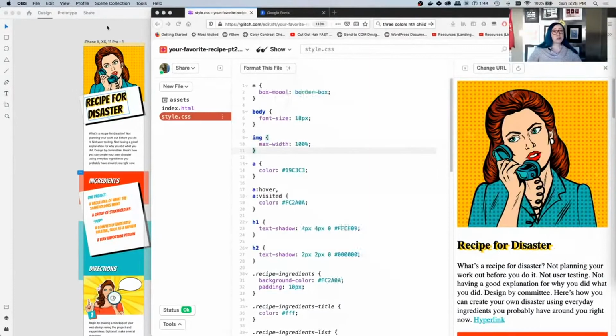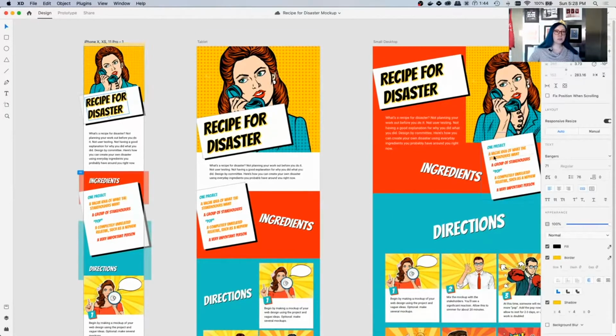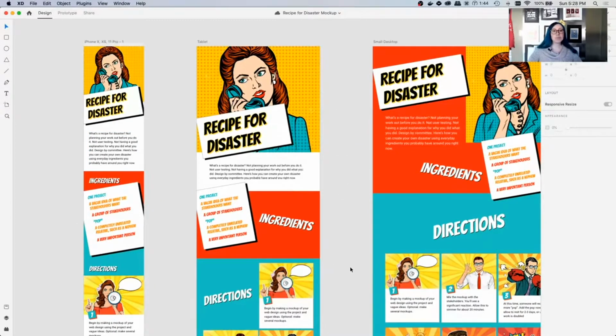All right, so in the Your Favorite Recipe assignment, I'm just going to go back to XD and look at what fonts I'm using here. If I click on one of my titles, I can see that I'm using Bangers. And if I click on my body copy, I can see that I'm using Roboto. So those are the two typefaces that I'm going to need to load in my CSS in order to see